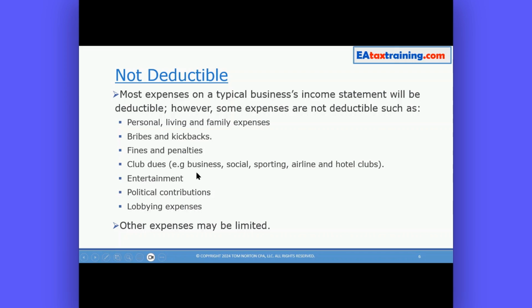Club dues. So this is a big one. Doesn't matter what kind of club it is, business clubs, social, sporting, airline, and hotel clubs. And I can hear you already, but Tom, my country club is where I do all my best business. I take my customers and my potential customers, and we play golf and we have dinner. And so I need to be able to deduct those. Well, sorry, the dues are not deductible. Now, if you take them for dinner, we'll talk about meals later. You may be able to deduct some of that, but just your dues for belonging to any of these clubs,